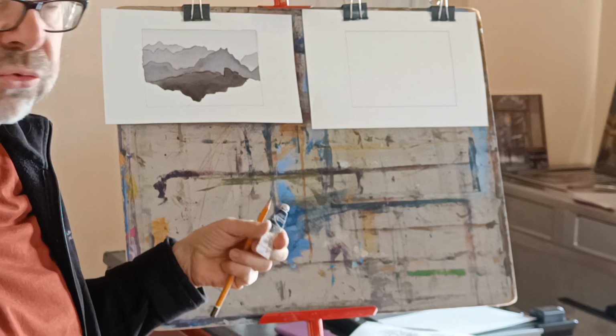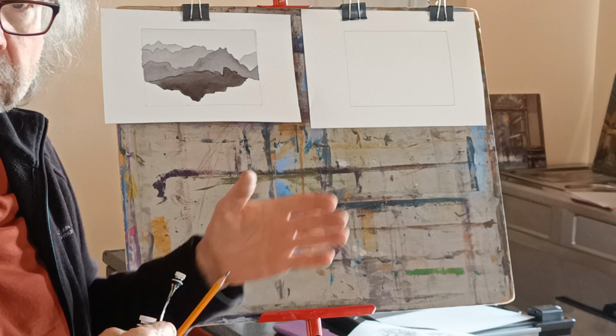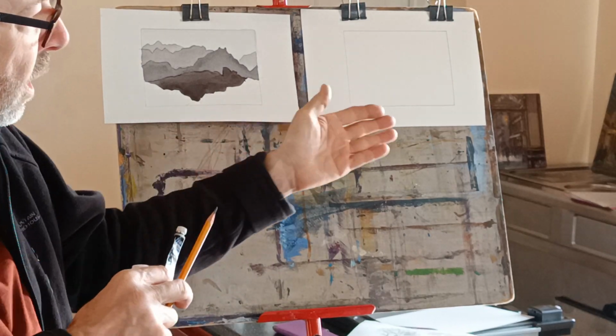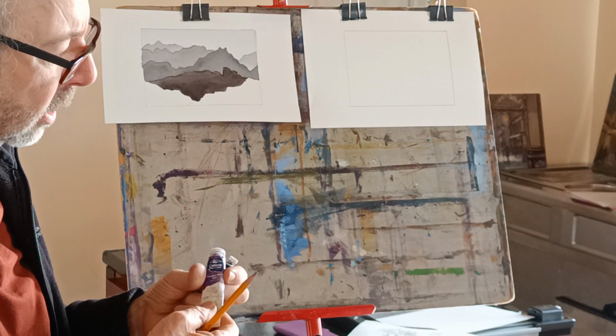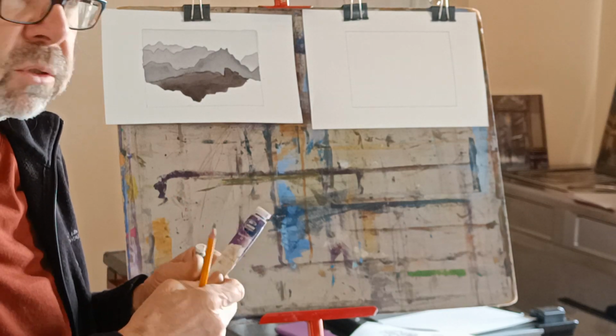These are a student grade paint, so they're good enough. You can get much nicer artist quality paints, where the colours are more intense. But unless you've got the paints already, I wouldn't go any cheaper than these. So these are quite a good place